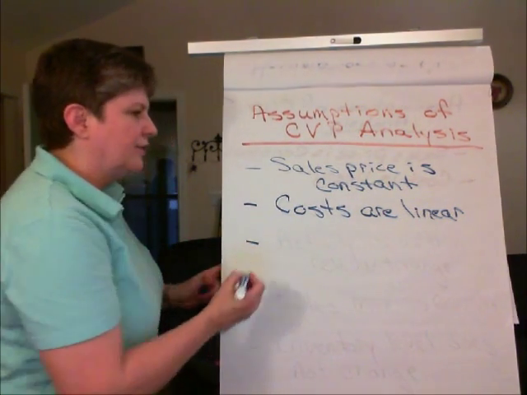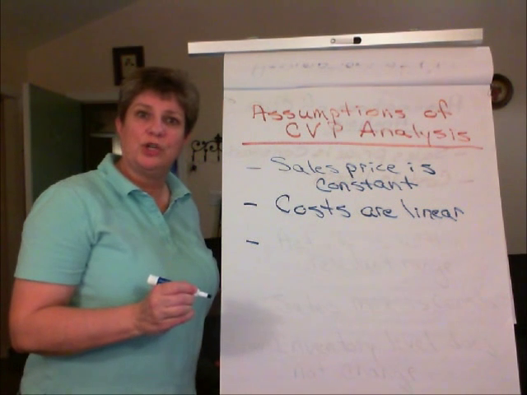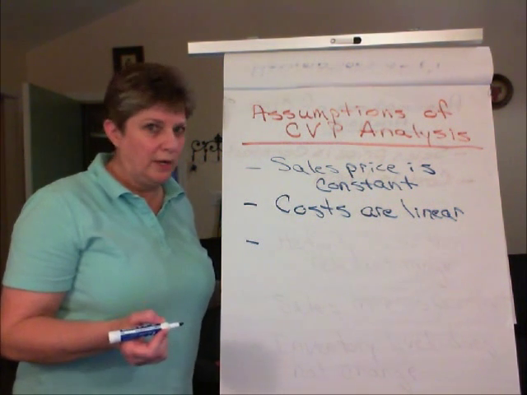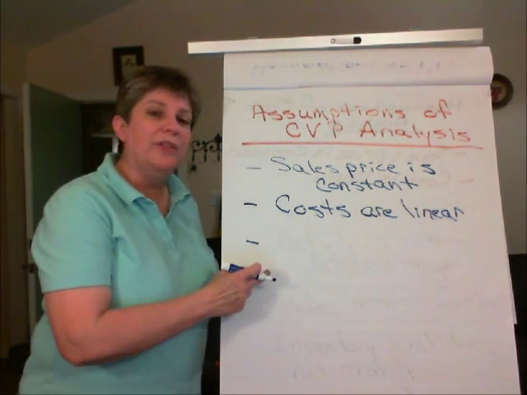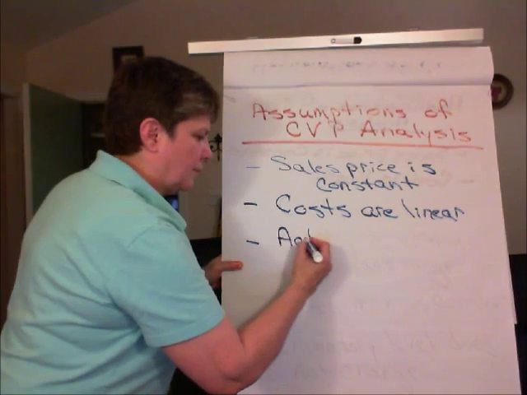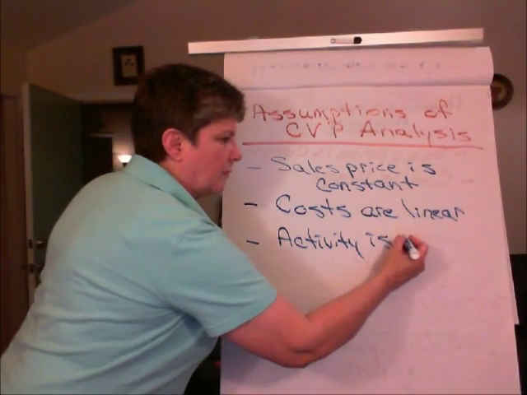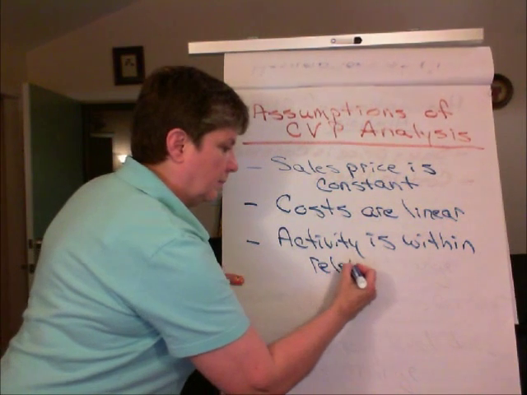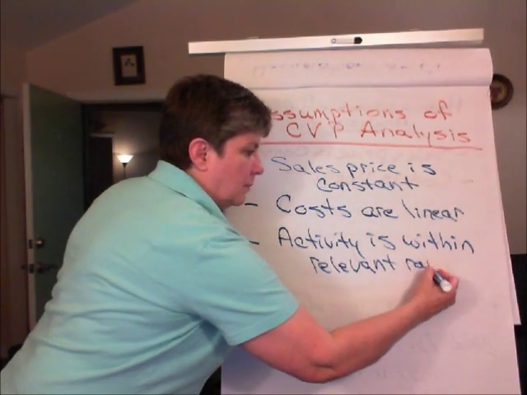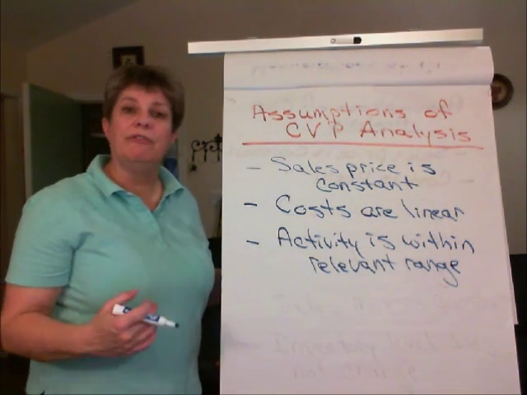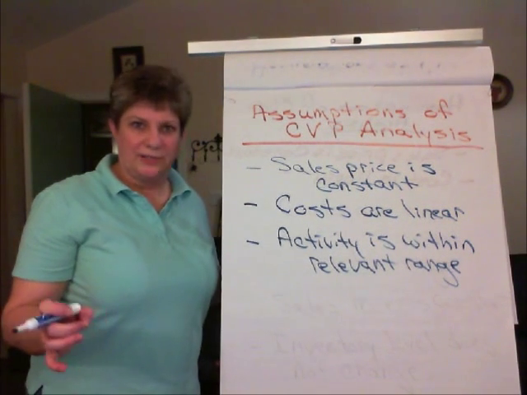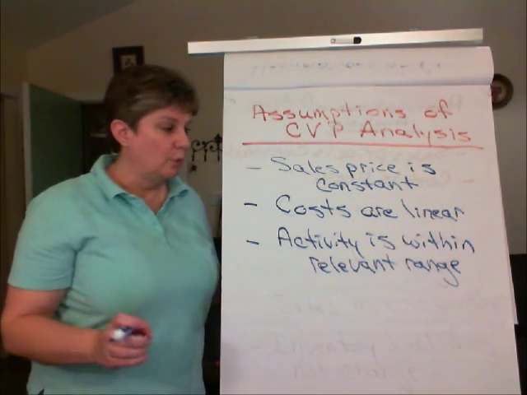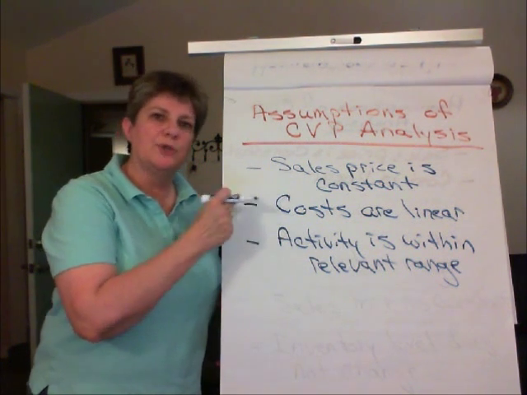The third assumption has to do with our definitions of fixed and variable cost, and that is that the activity changes that we're going to play with in cost, volume, profit analysis are within the relevant range. So activity is within the relevant range for our definitions of fixed cost, the total not changing as activity changes, or variable cost, that the per unit figure stays the same over a certain range,